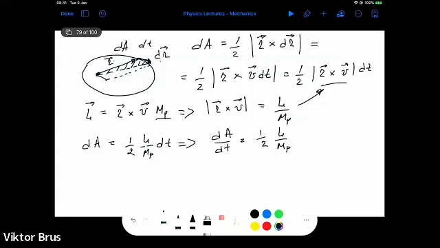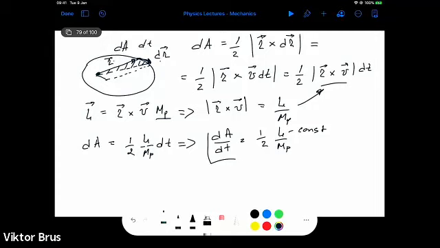That means the derivative shows a change of the area. So the area which is swept out by the radius vector per unit time is a constant value, because this is constant. We showed it on the previous slide, since the gravitational force is a central force and it doesn't create any torque